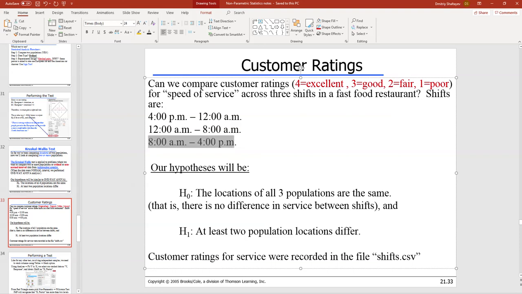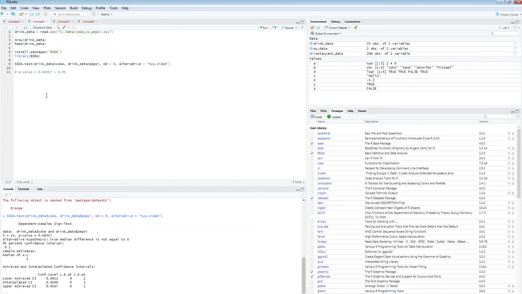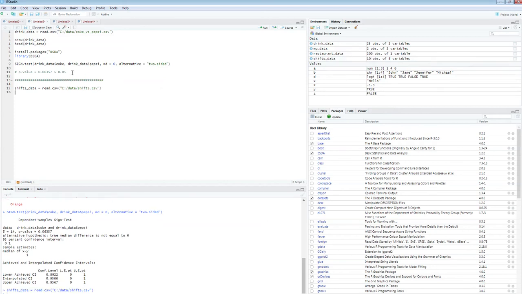Okay, so let's take a look at the data, right? So I'm going to enter a bunch of pound signs here. Alright, so shifts data. The file is called shifts.csv. Alright, now let's take a look at the header of shifts